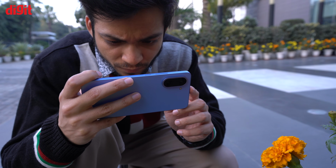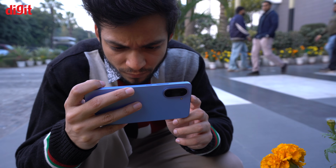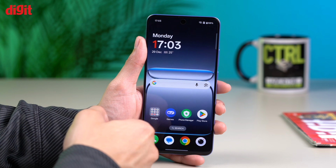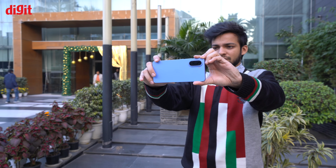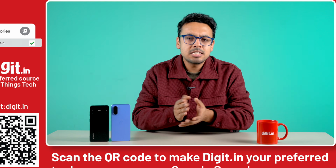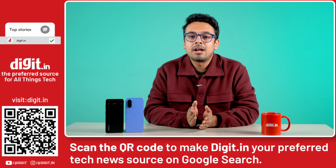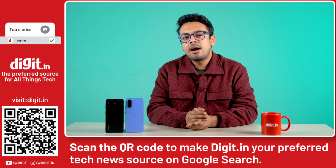The OnePlus Nord CE 5 feels like a phone built by a company that knows exactly what its audience wants. Reliable performance, excellent battery life, polished software, and predictable camera results. It doesn't surprise you, but it rarely disappoints. Personally, I admire what Lava is trying to do more, but I'm curious,